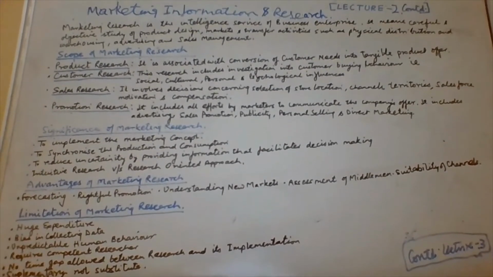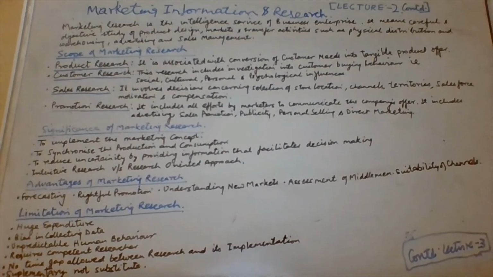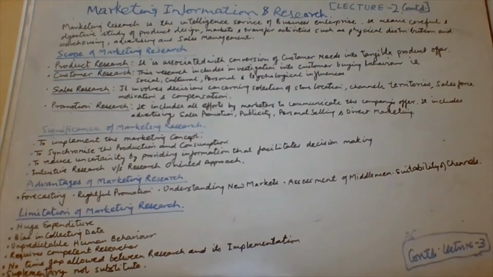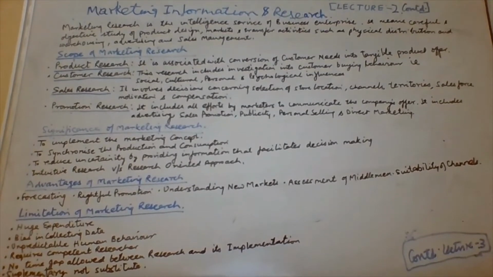And advertising is for the general public, when through advertising you reach lakhs and lakhs of consumers at one time. So these are the various aspects of how to make a promotion. Now, this is again dependent upon the budget allocated for this. So it helps in allocating the budget for the promotional aspects also.